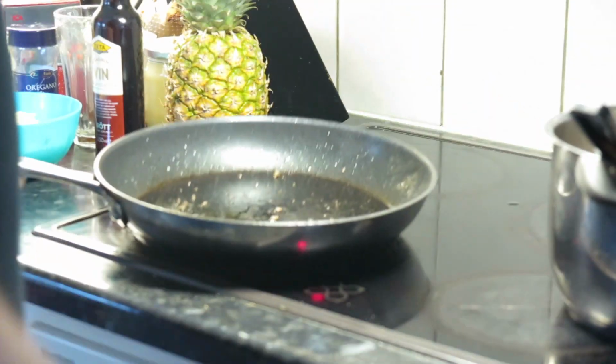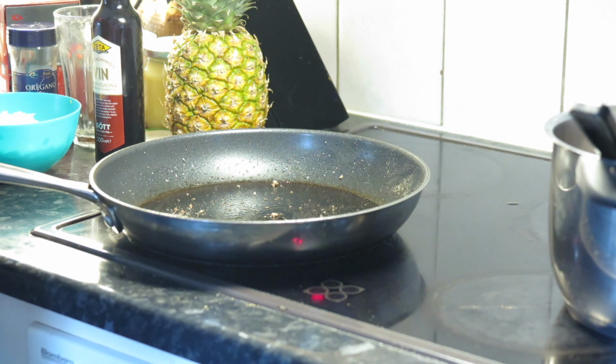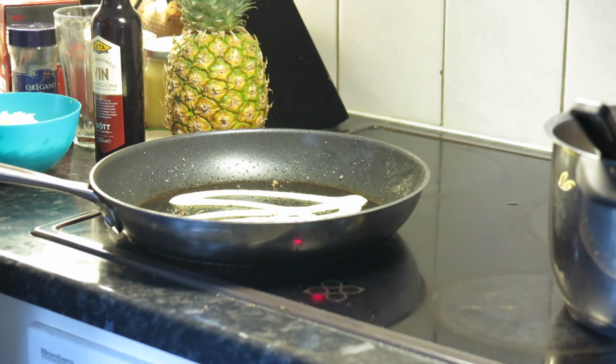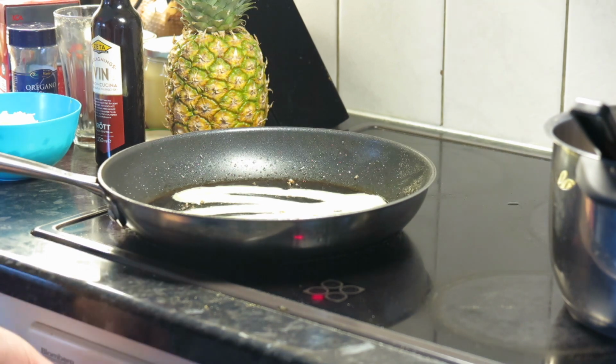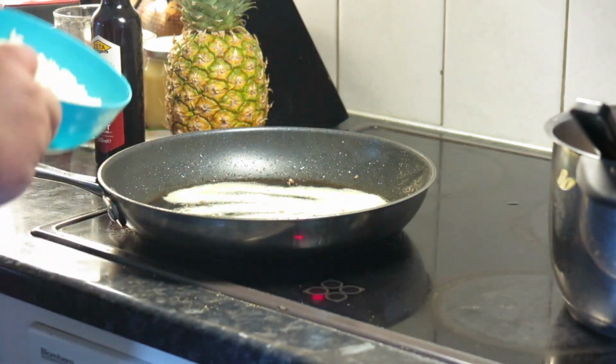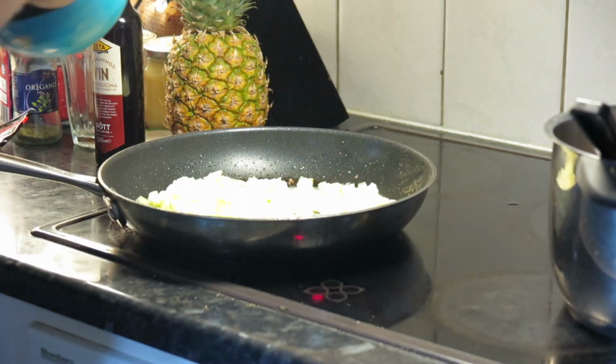Like so. And this time we're gonna use butter in the pan. Full speed. And in goes the onion, all of it. If you want to, you can put some carrots besides the onions. Just put in some carrots and go with them, and when it's turning a little soft, it's